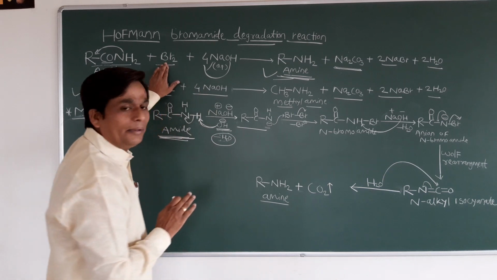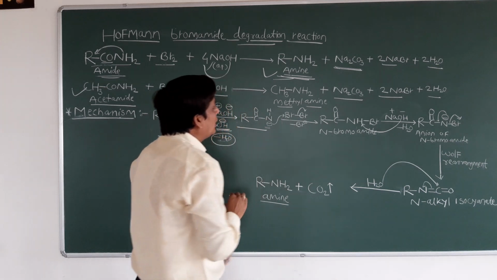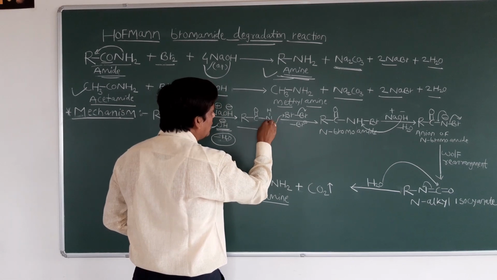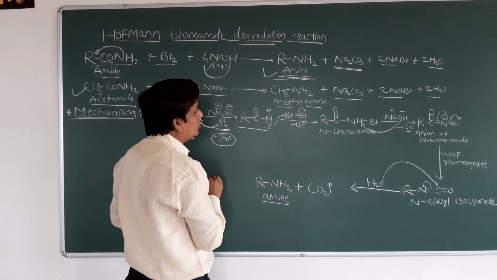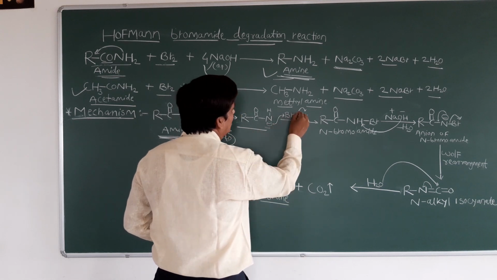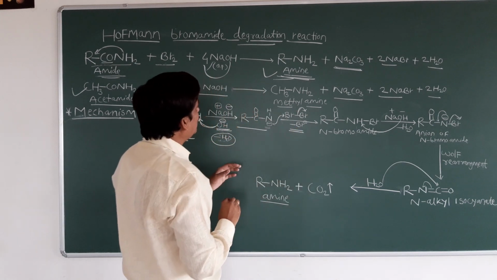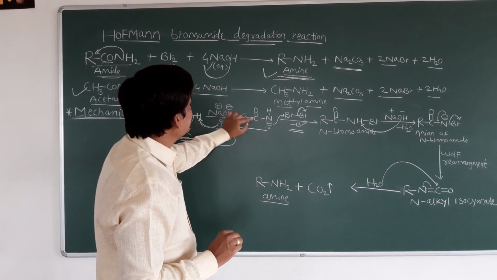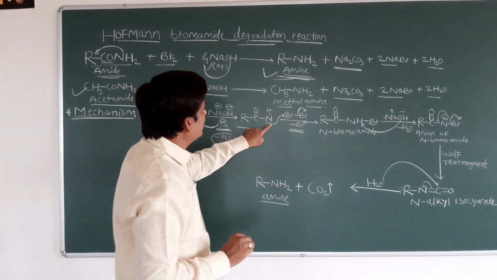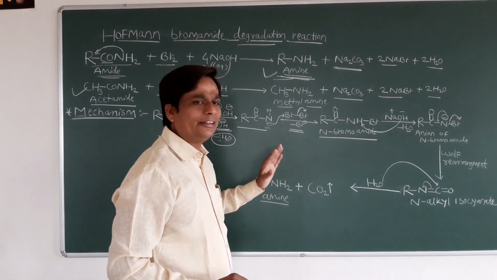Now again, here we take Br2. Two bromine atoms, Br, and induced dipole interactions are going on. This nitrogen now carries the minus charge, so it will attack this bromine and abstract it. This Br-Br bond will break, minus Br. Then in the next step we get RC double bond O, then NH as it is, and this Br attached to this nitrogen. We get the N-bromoamide. Now clear? Up to this, does everybody understand these steps?